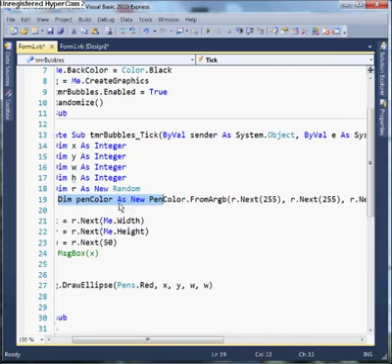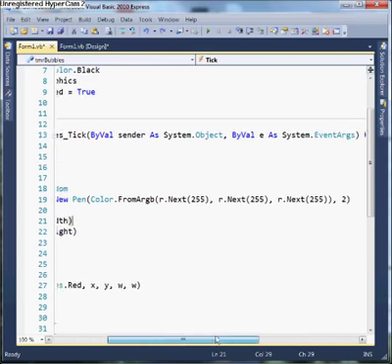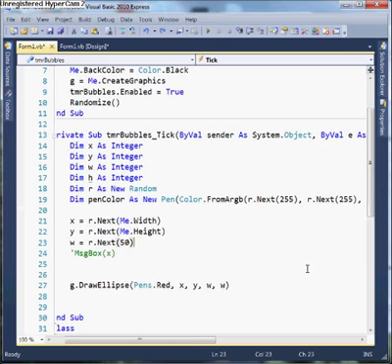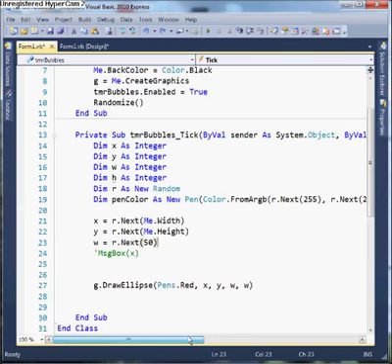Well, your color is going to be random. And we've already talked about that. So it's Color.FromArgb. We want a random number between 0 and 255. 0 to 255, this is for red, green, blue. We're ignoring the transparency for now. And this is the size of 2. So again, we could be changing the size of the pen to be random every time as well. So instead of pen